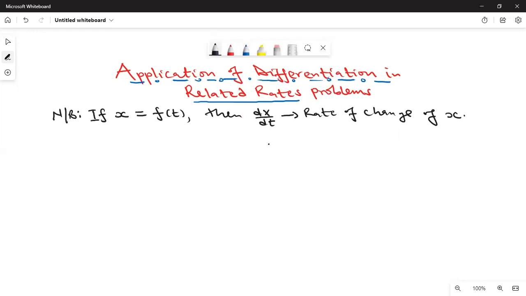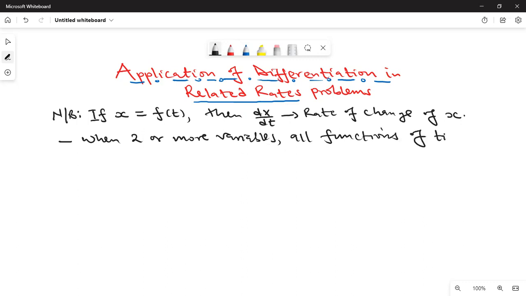We can write: when two or more variables, all functions of time t, are related by an equation,